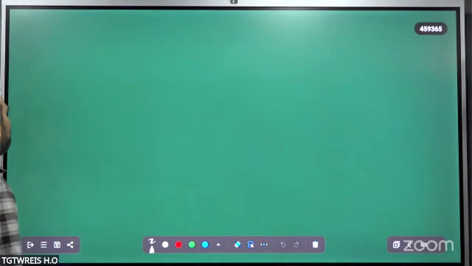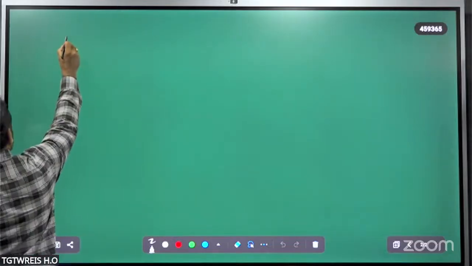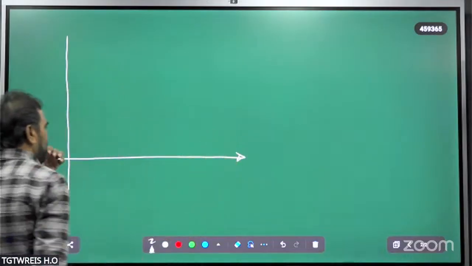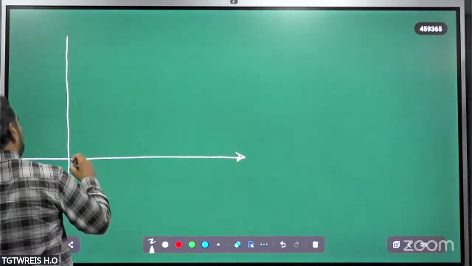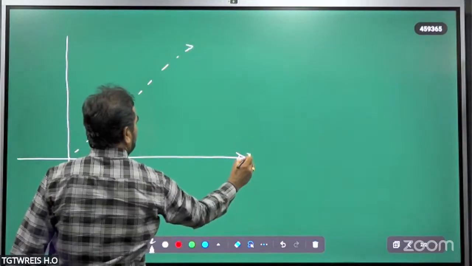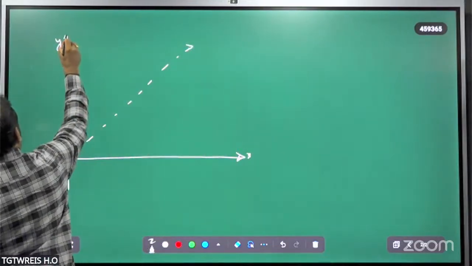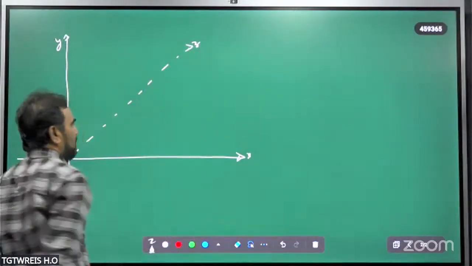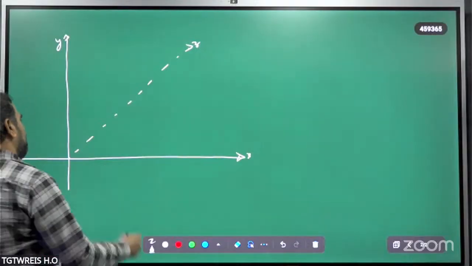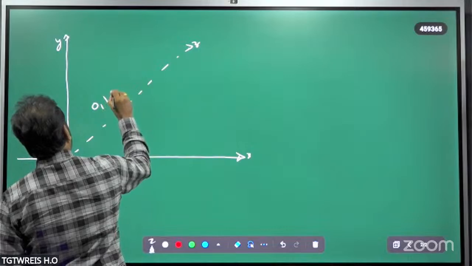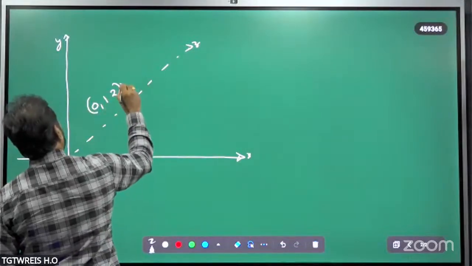Suppose we consider a particle in the three-dimensional plane here. It's a three-dimensional plane, X, Y, Z axis. A particle has to be displaced in the three-dimensional plane from (0, 1, 2) meters to